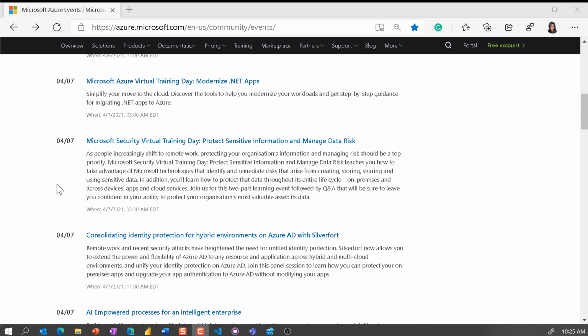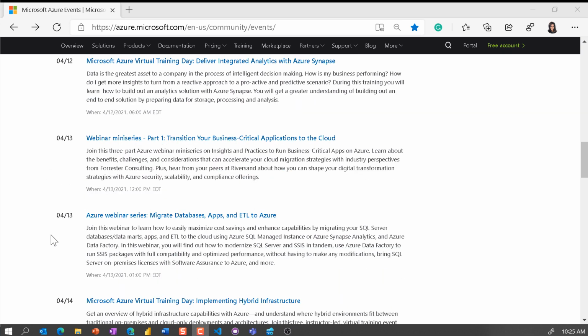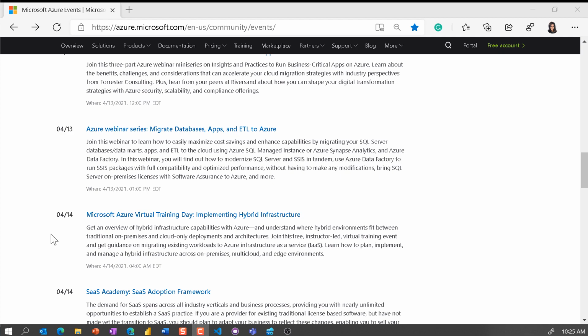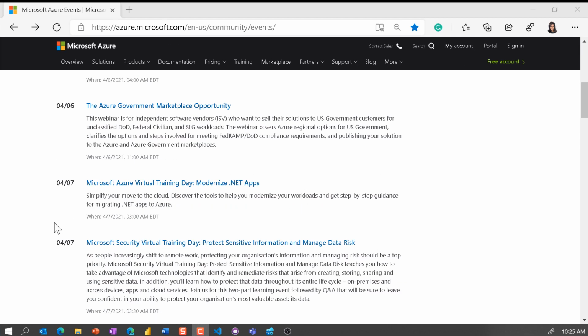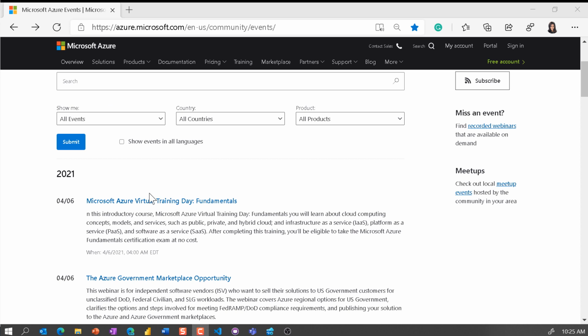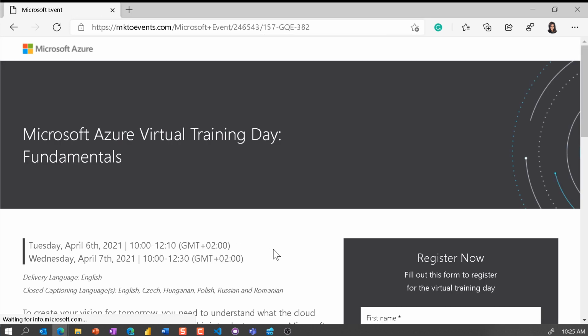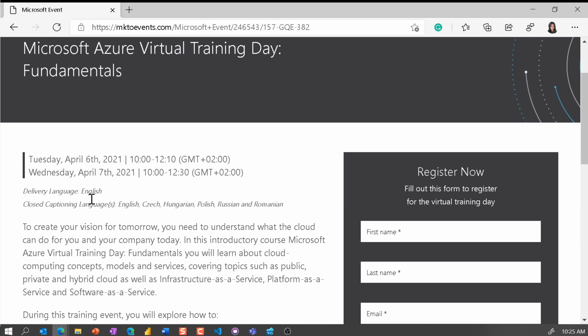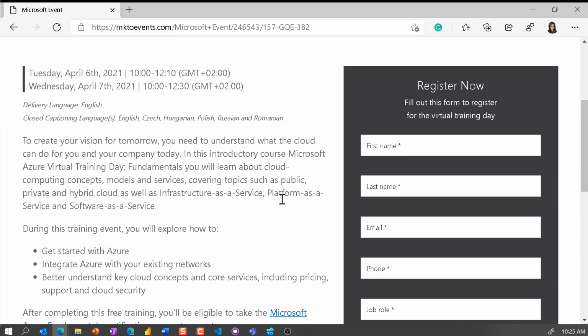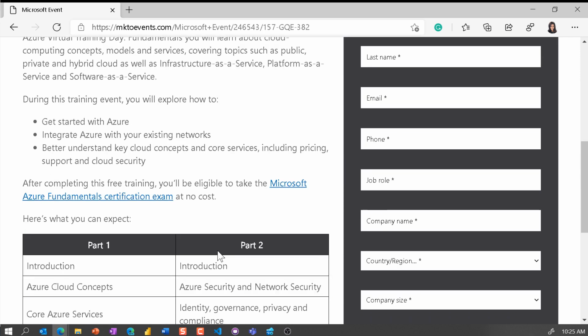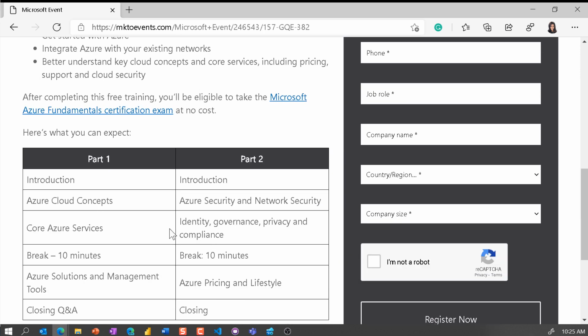They're listed by date, as you can see on the left-hand side here. Okay, so quite simple. I'm going to go and pick just the top one here to make it simple. Going to click this Microsoft Azure Virtual Training Day, the Fundamentals event. Clicking on it there. It tells me when the course is, including time zones, the language it is in, if there's closed captioning and what languages, describes the course, tells me the agenda for part 1 and part 2 since this is a 2-day course,